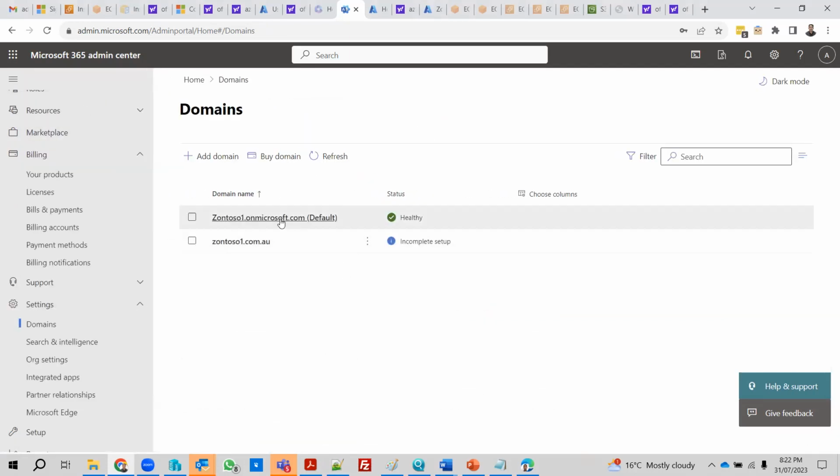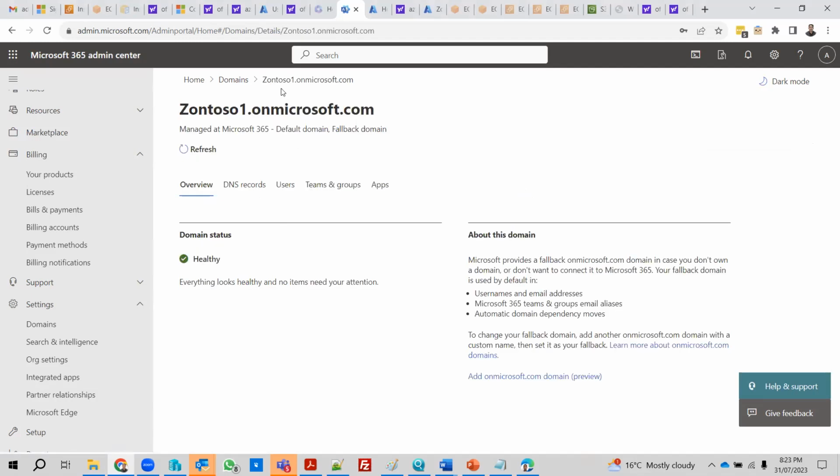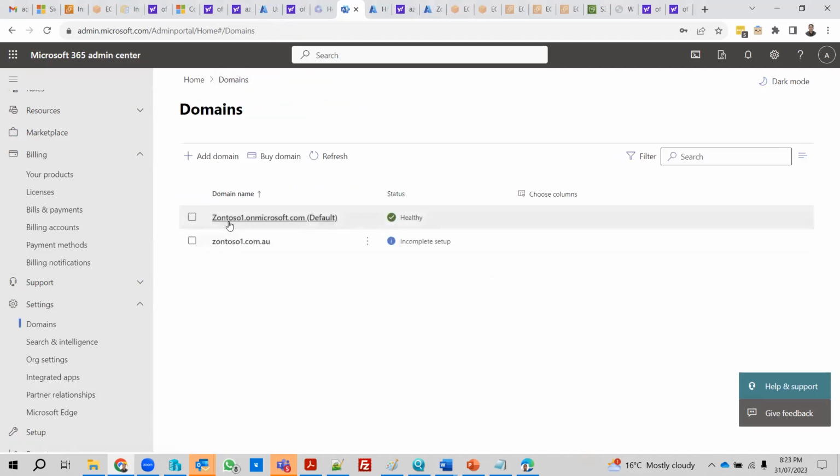And now look at that. This one is default healthy, and this one I want to add but has incomplete setup. The reason is I don't know the login details for zontoso1.com.au. If I have the login details, all you have to do is just log in, and you don't have to configure anything. Automatically Microsoft will configure the DNS record and everything. See the default in here, you can see clearly this is the default domain provided by Microsoft. So if I click on this one,